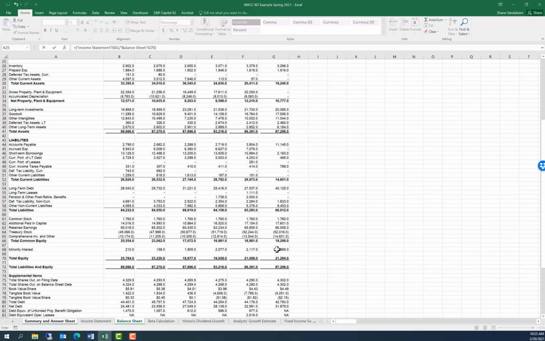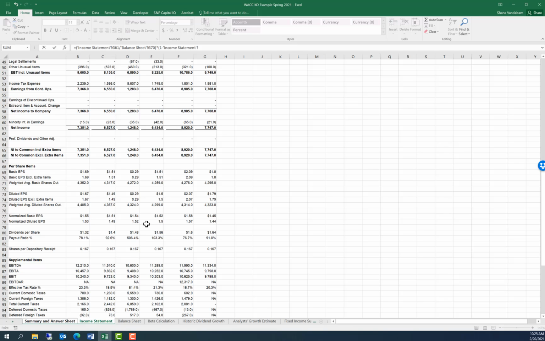So that's the ROE, and now we want to multiply that by the retention rate, and the retention rate is equal to 1 minus the payout ratio. So up here you can see in my formula bar, I've got the ROE, that's our first argument, and then the retention rate is going to be 1 minus the payout ratio, and the payout ratio is dividends per share divided by earnings per share. So I'm going to go out here to the income statement, and well,